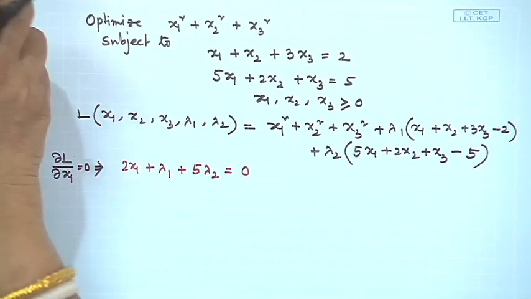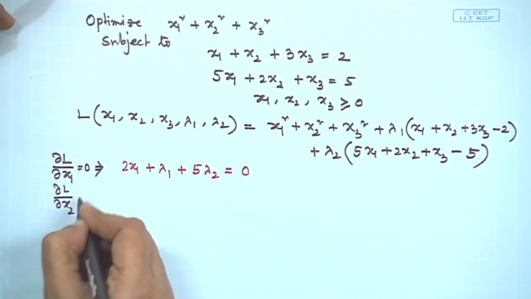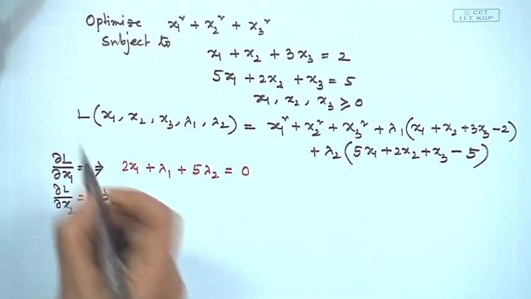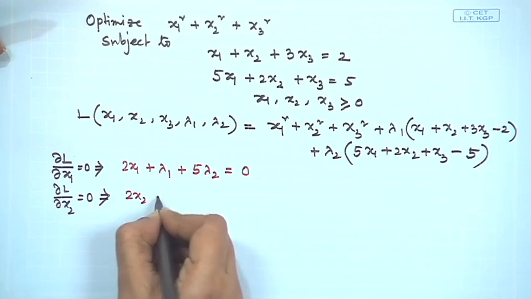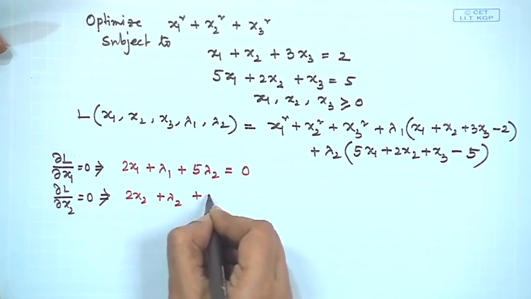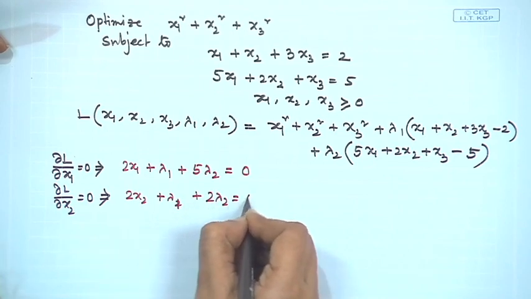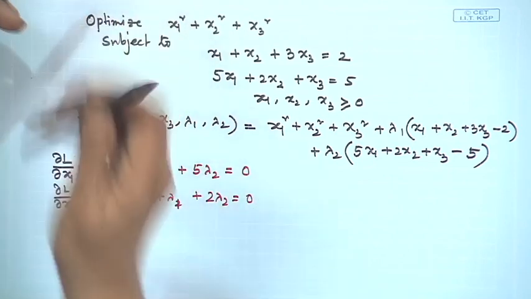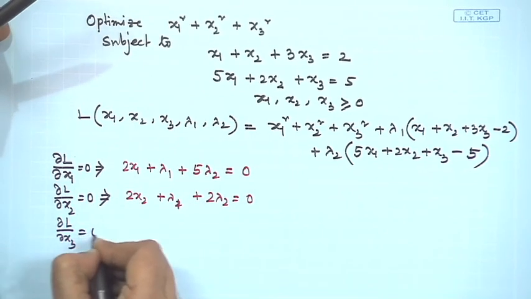All right. The second one, del L by del x2 is equal to 0, gives us 2x2 plus 2 lambda 1 plus 2 lambda 2 equal to 0,